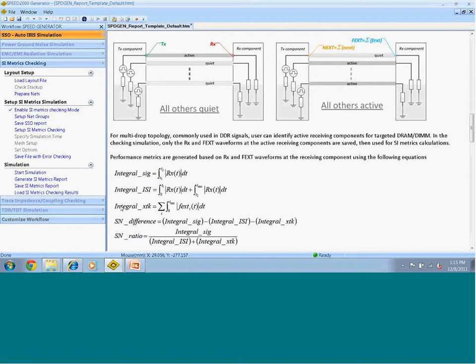Crosstalk is the combined crosstalk from all other nets in the same simulation. Based on the signal, ISI, and crosstalk numbers, signal noise difference is defined, as well as signal noise ratio. Those five performance metric numbers will be listed in the table